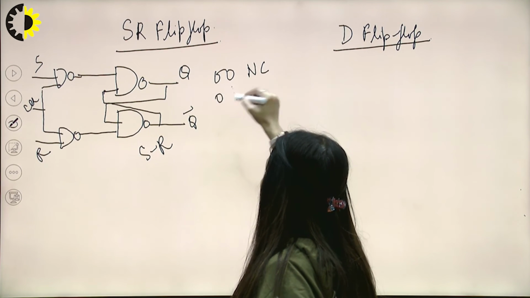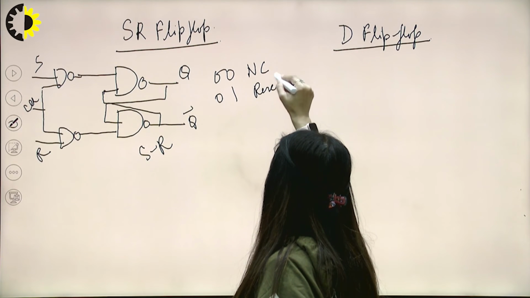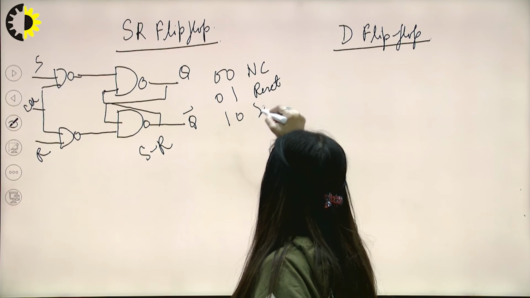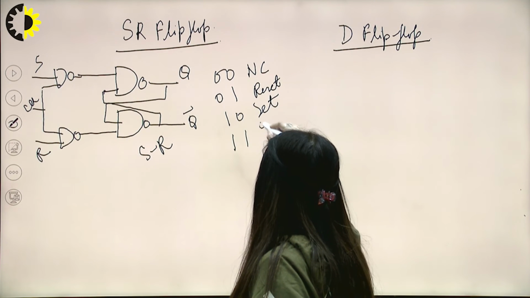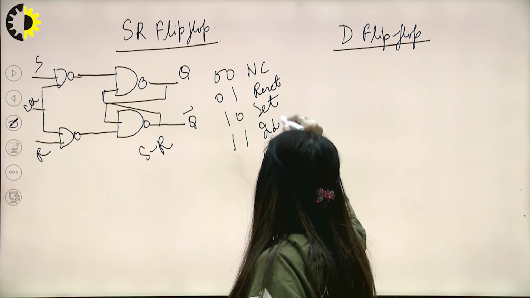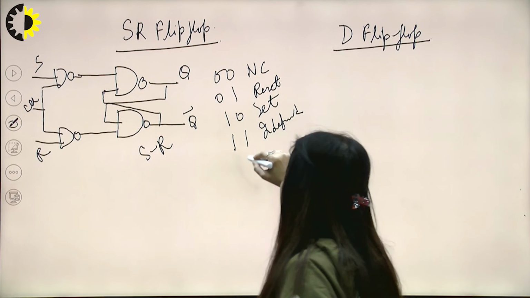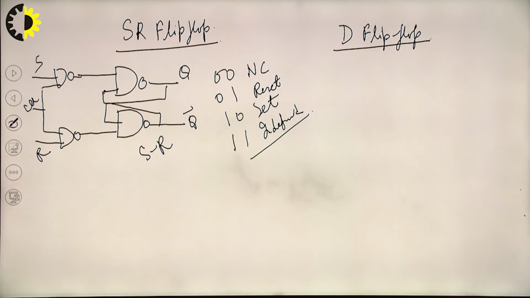For 0 1, it is reset. For 1 0, it is set, and for 1 1, it is an undefined condition, right? Now what we can do, the next part is